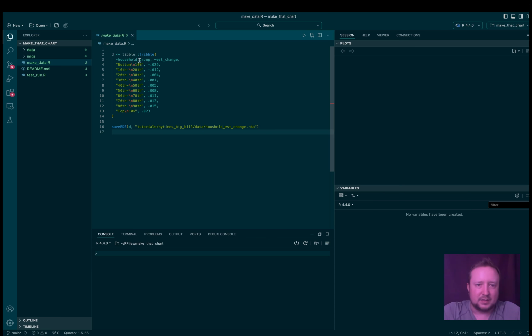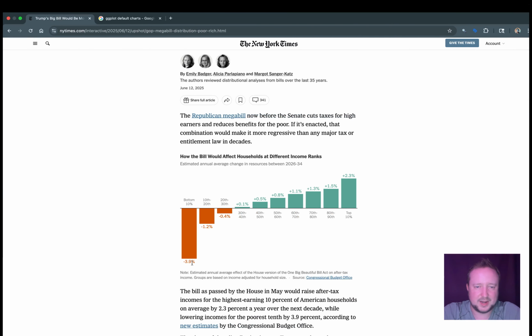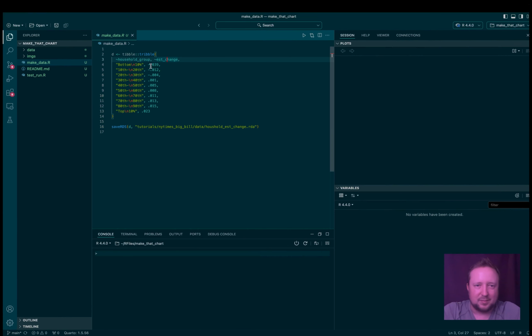with 2 columns. The household group column, which is telling you if it's the bottom 10%, 10 to 20th percentile, and so on, all the way to the top 10%. And the other variable is estimated change. And again, I am just pulling these straight from the chart. So we see negative 3.9% here, and I am putting 0.039 here, negative 0.039 here. This is all we need here, and it will save this data frame as an R data file using this